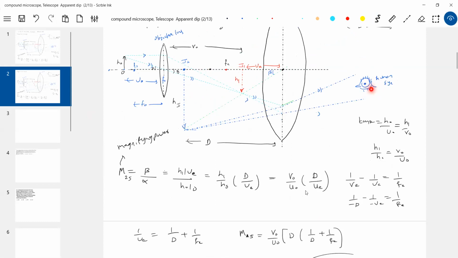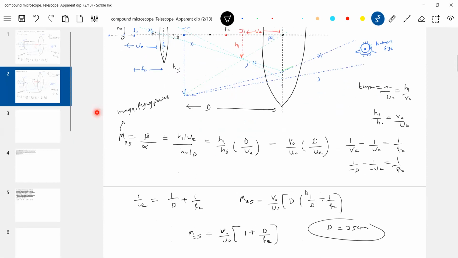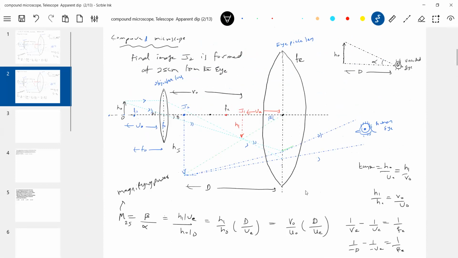Like I told you, bring a mobile screen near to your eye at a distance of 3 or 4, 10 centimeter. You can see some sort of pain in your eyes. So therefore, there's a condition: the least distance of distinct vision should be 25. That's a universal rule. So like this, I'll get the magnifying power. In fact, it will be negative. That negative sign I'm trying to avoid. In the diagram only, I'm showing the final image will be inverted. So what the human eye says is I'm seeing the image of that object at a distance of 25 centimeter from the eye, and it is inverted.